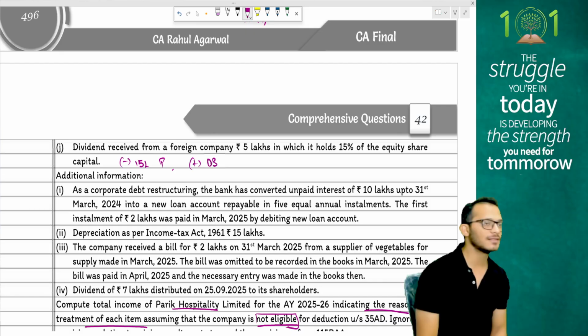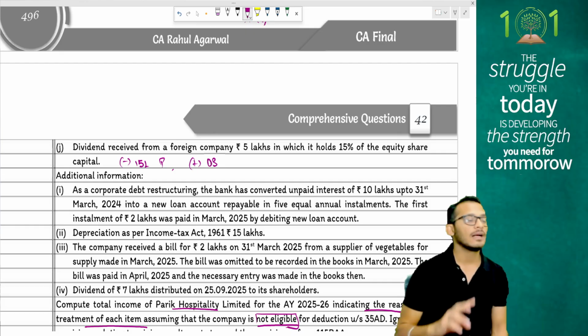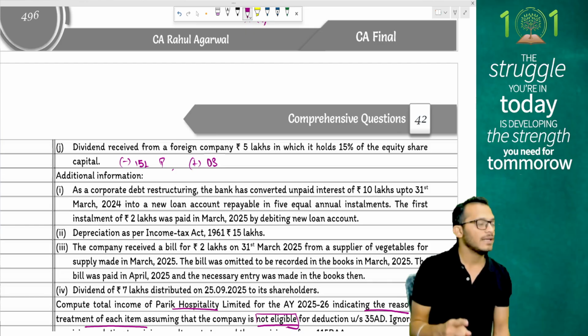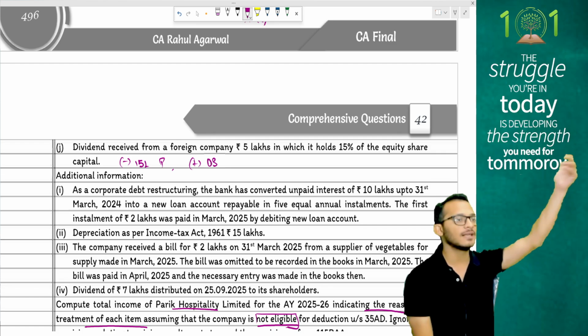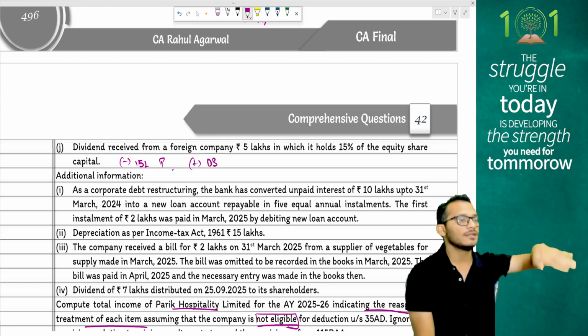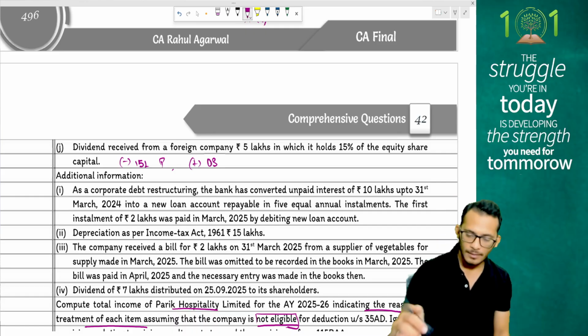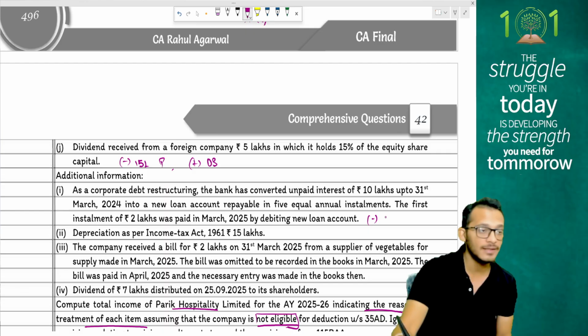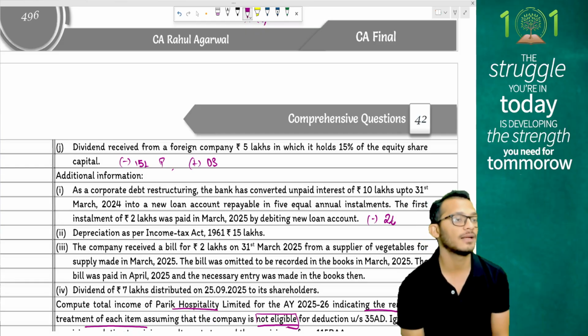When we discussed 43B, people, I told you that when an interest is converted into loan, conversion is not treated as payment. It will be treated as payment when the installments are paid. In the current year, I paid an installment of interest which was already disallowed in past years and is not there in P&L. Therefore, minus. Very good. Ignore the 10 lakhs. Only allow 2 lakh rupees.